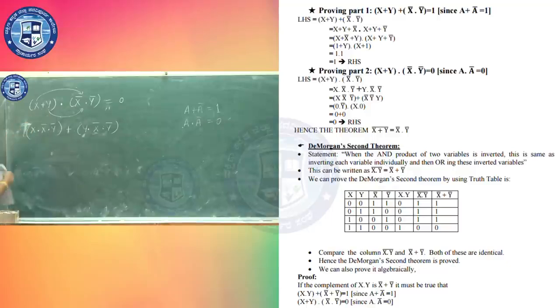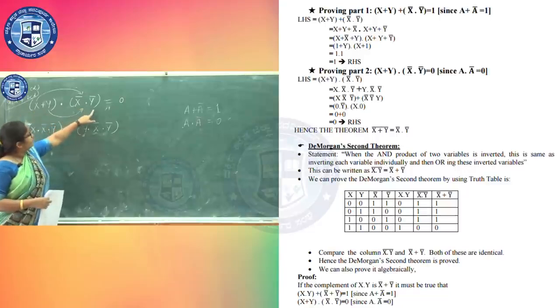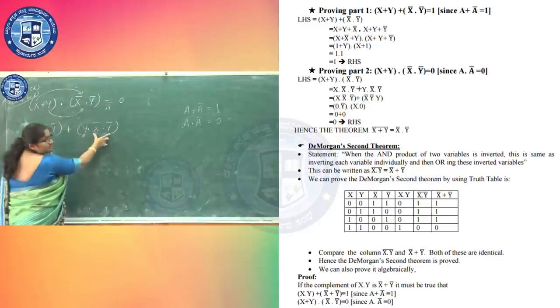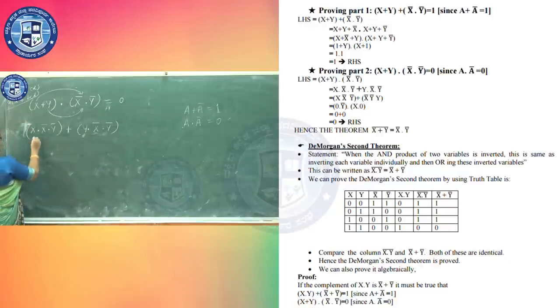Here if we have a plus b and it is multiplied with c d, we will have a c d plus b c d. The same way we are multiplying these also, x plus y into x dash and y dash. We are taking x with the whole term, x dash into y dash, y with the whole term, x dash into y dash. So we know x into x dash,